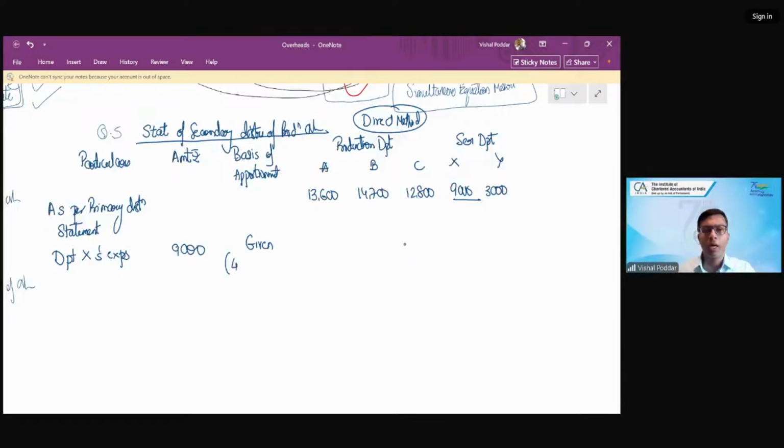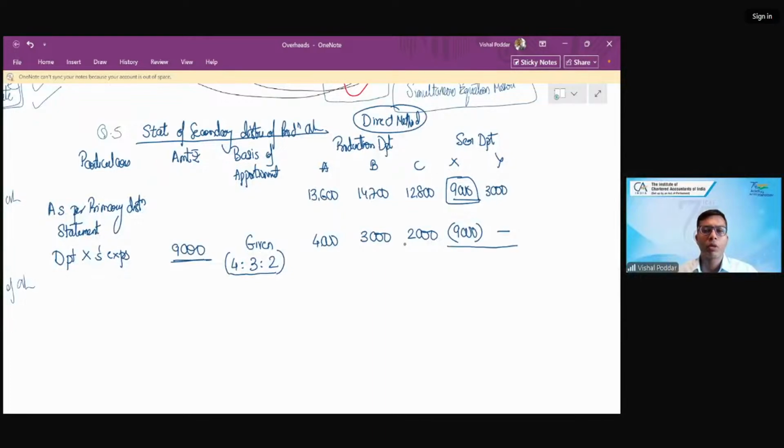Now, what I will do is simply write it as a ratio: 4, 3, 2. That's it. So even Harsh, the point of percentage is not affecting me because I'm not writing percentage, I'm writing the ratio. Correct, beta? Now this 9,000 has to be distributed in the ratio. If I divide it in this ratio, the amounts I'm getting are 4,000, 3,000, 2,000. What you have distributed, you should put as negative, and you have given nothing to Y. Correct?